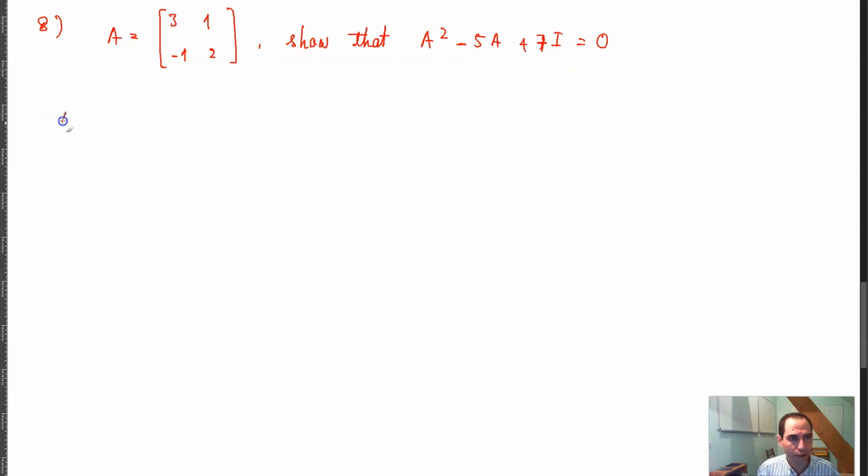So if I calculate A squared, it is equal to A times A, which is equal to 3, 1, negative 1, 2